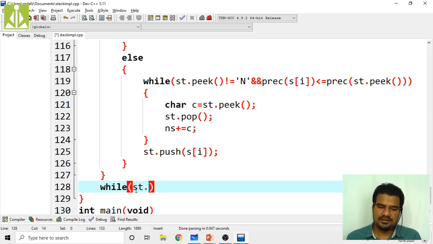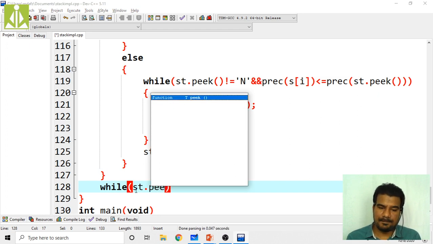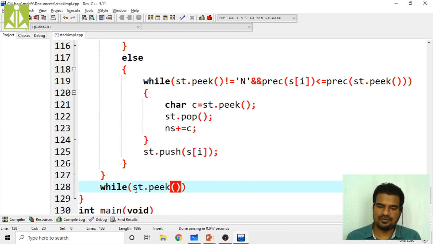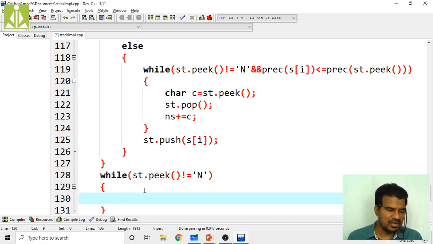Before popping, we have to pick and check what character we have. As we said, until the end, the character we are picking should not be equal to n.